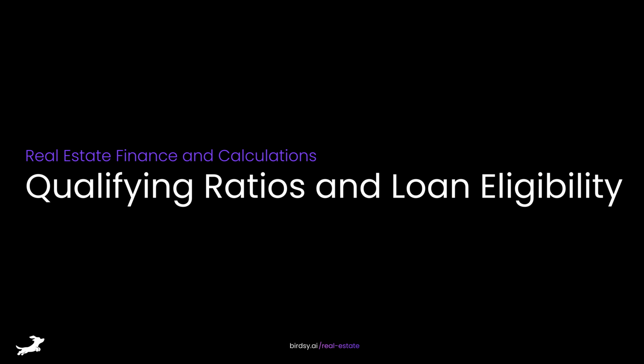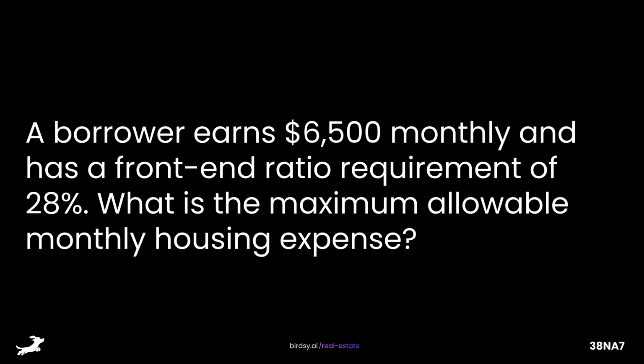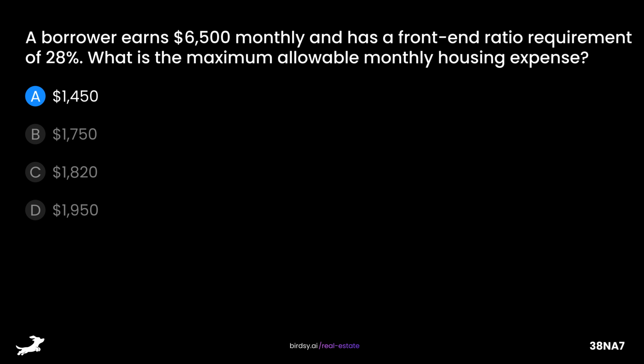Qualifying ratios and loan eligibility. A borrower earns $6,500 monthly and has a front-end ratio requirement of 28%. What is the maximum allowable monthly housing expense? Is it A, $1,420, B, $1,750, C, $1,820, or D, $1,950? The answer is C,